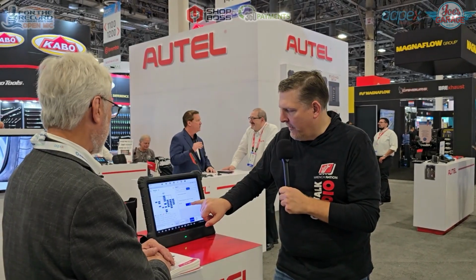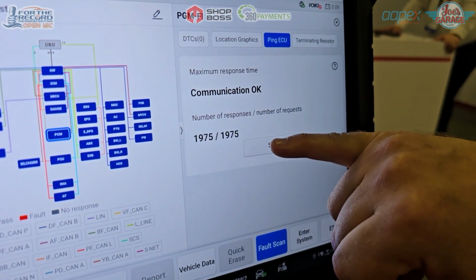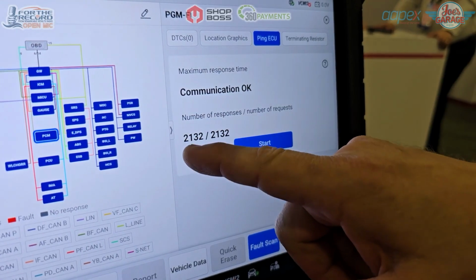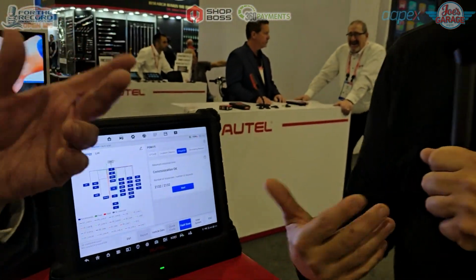There's feedback. If you've ever had issues with the internet and been on the phone with tech support, a lot of times they'll have you pull up a command prompt and ping some network, some IP address. That's what we're doing with a specific module, and seeing what comes back. If I hit the start button, it just starts sending data. The important thing is it's sending it out, and then you stop, and you can see it sent out this many, it returned that many, no packet loss. That means it's talking, that's live. So what does that